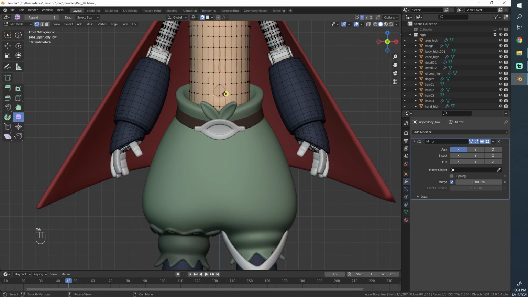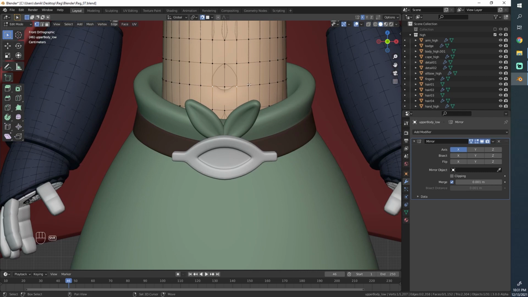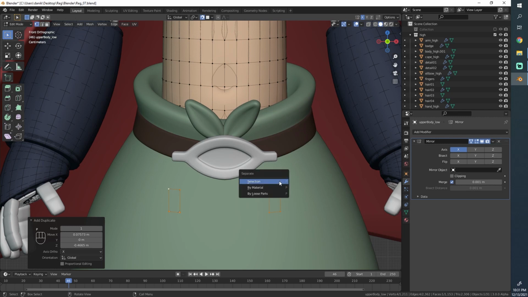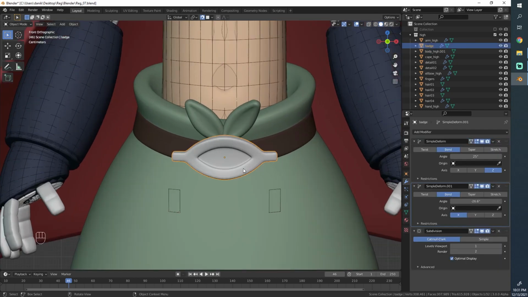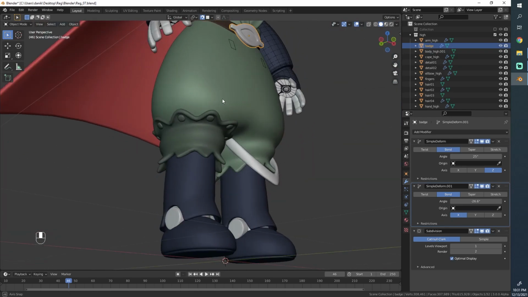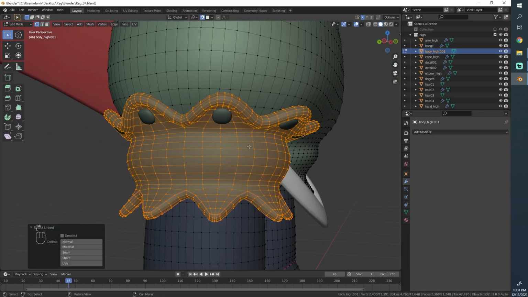So what I like to do is I like to just continue to work off something I already have. So you just select the face maybe here, you copy it down to here. So just click on those, select them, Shift D to copy, and then with this selected, I press P, and then you separate the selection. Now you have this separated, and we have to quickly think about what we want to be part of this in the first place. Let's see, so this is separated, I believe.